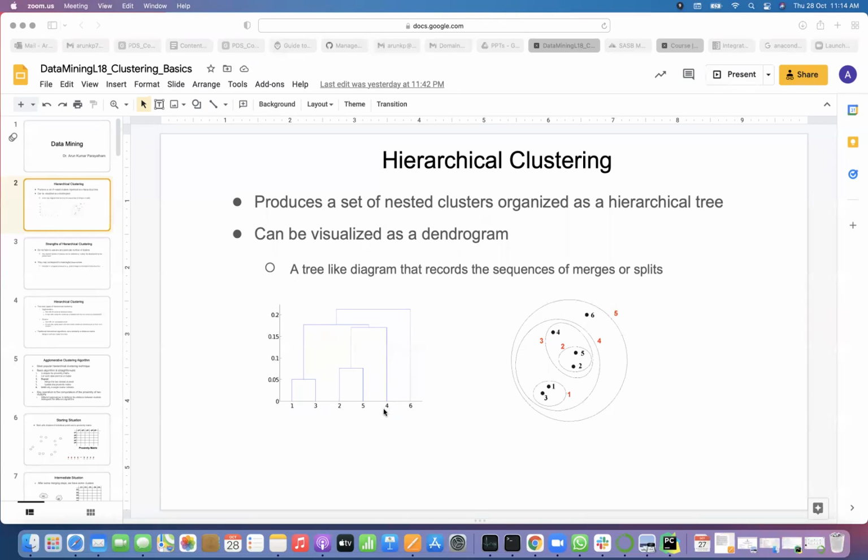Then 2 and 5, the cluster, and point 4 together are making cluster 3. Can you see in the dendrogram, they are coming together, 2 and 5 and 4, to make cluster 3? Yes, sir. Okay. So this is hierarchical, meaning the clusters are part of the super clusters.